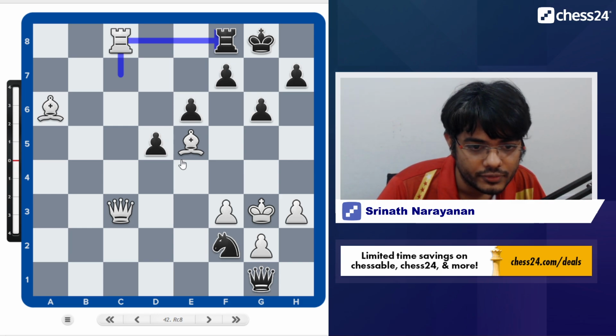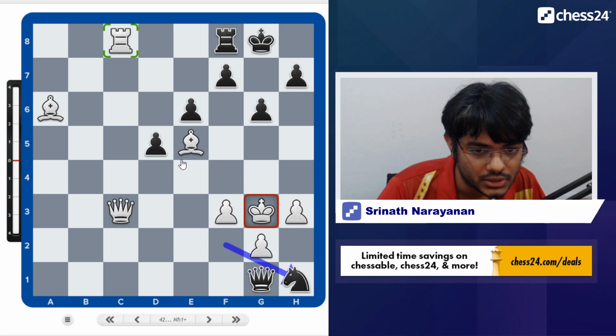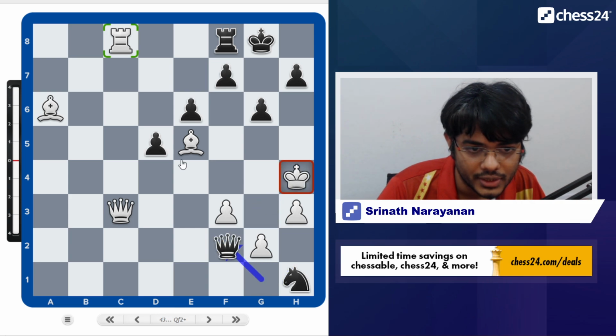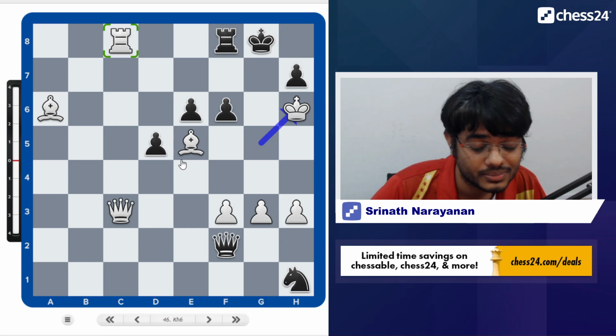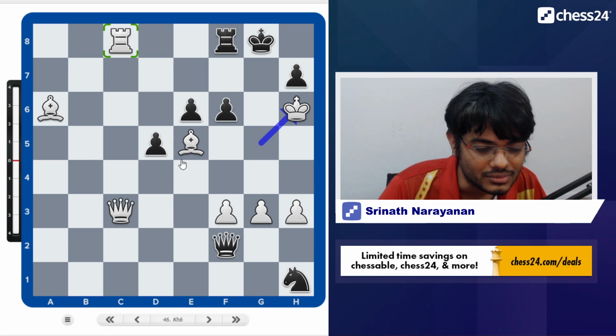Niels tries to give a few final checks: knight h1 check, king h4, queen f2, g3, g5 check, king g5, f6, king h6, allowing Jordan to replicate the famous short Timman king walk. Not exactly the same, but a king walk to h6 is always beautiful and unusual. It's unusual in a beautiful sense.